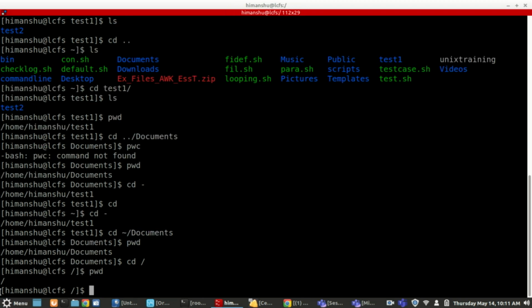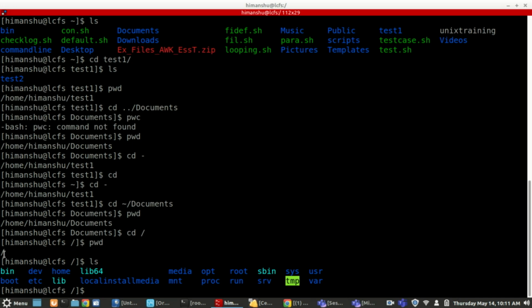This is my root directory where all my directories would be. So this is my top level directory. So if I do ls, everything will start after this root only. If you see a full path, every time it will say slash, then home, then Himanshu, then test1, or slash home Himanshu documents, or slash bin, slash dev, slash home. Everything will start from slash. So slash is the root.